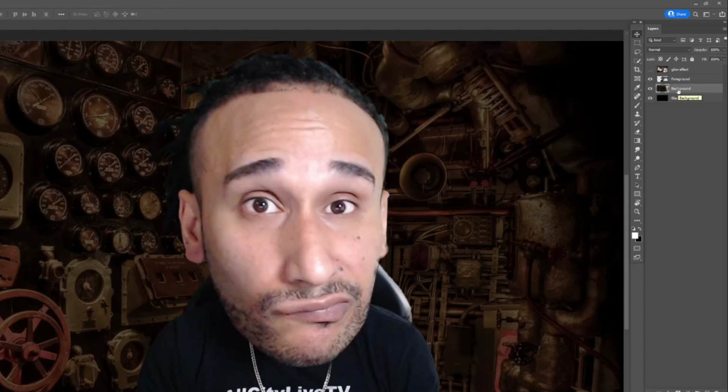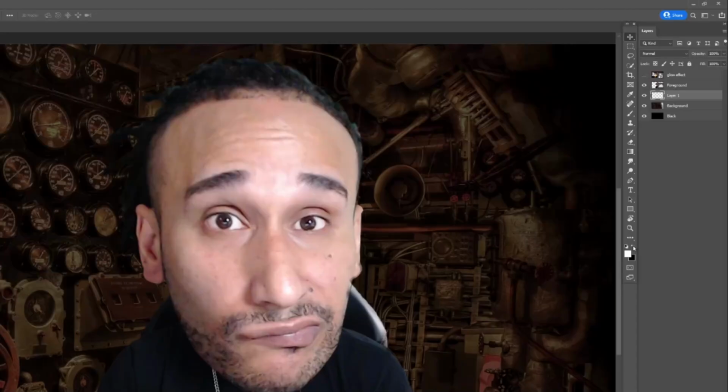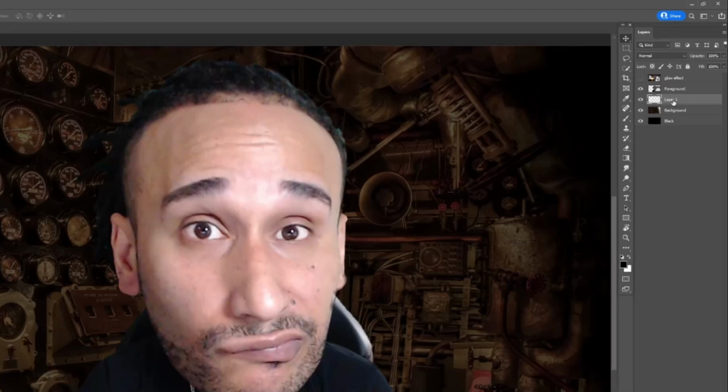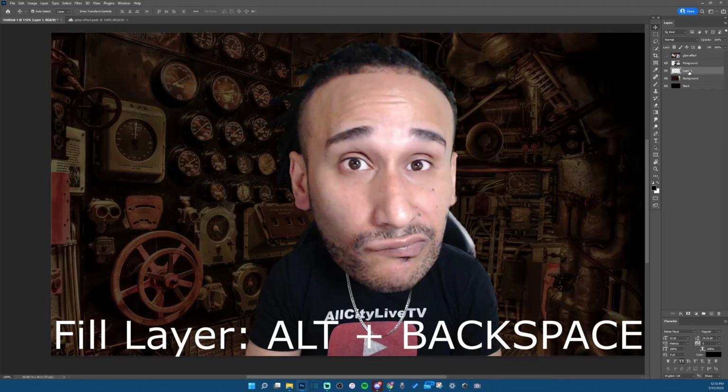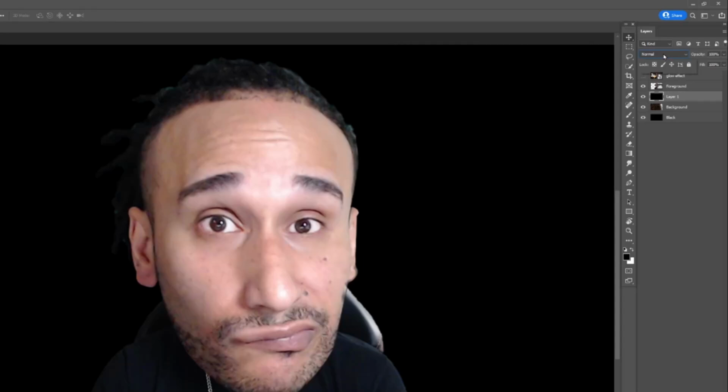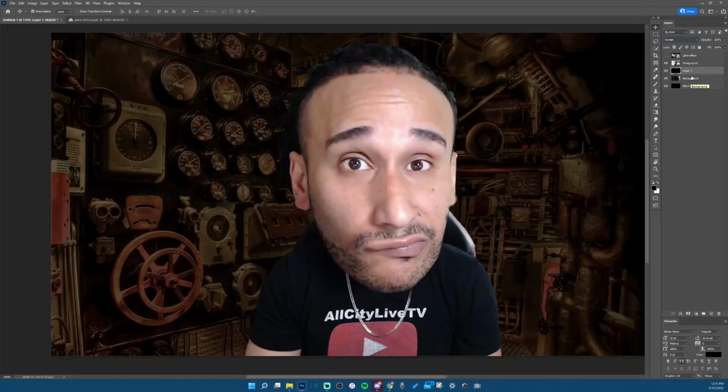Click on your background layer because we want to add layers above the background layer. The first thing you'll do is add a new layer above your background layer. Toggle your foreground and background color so that you have black. And with your new layer selected, we want to fill in this new layer with black. So to fill this layer with black, I'll press Alt and backspace to fill the layer with my foreground color. We want to set the blending mode for this new layer to screen, and this allows us to see our